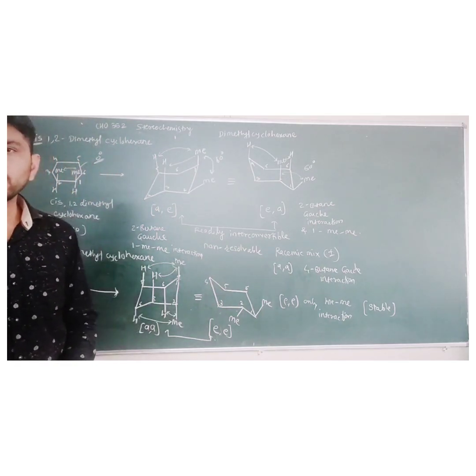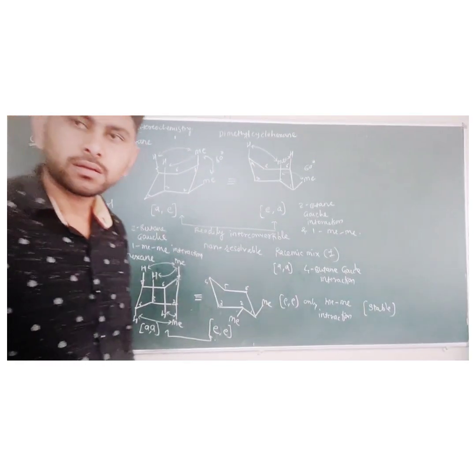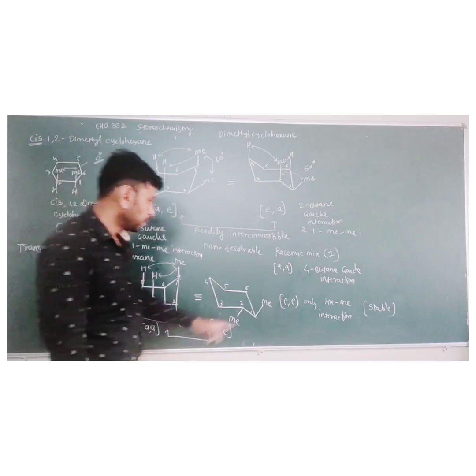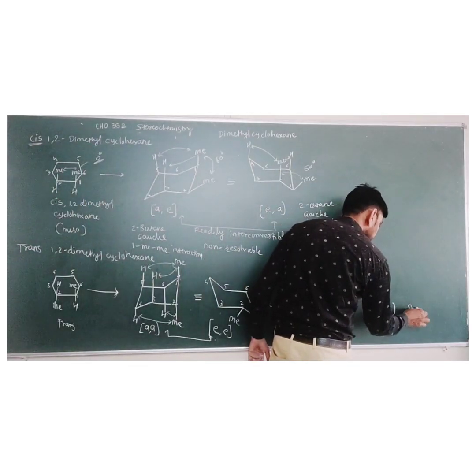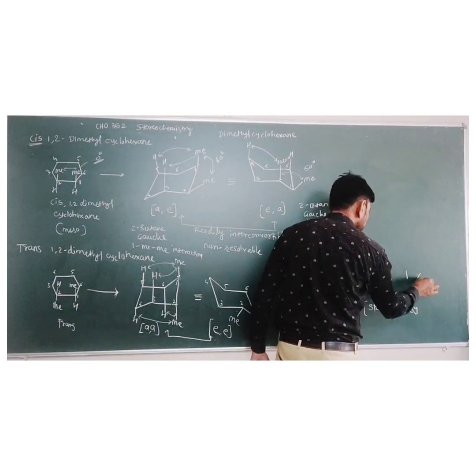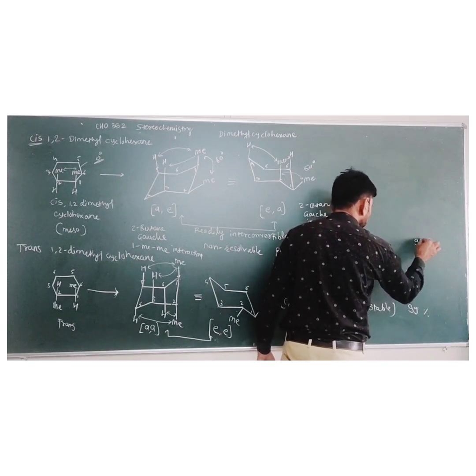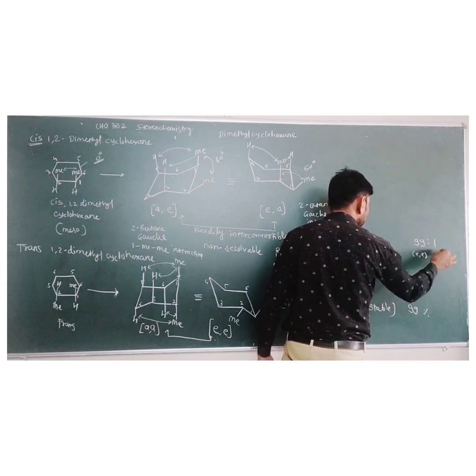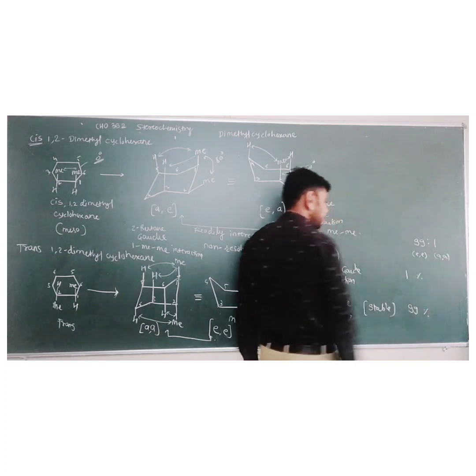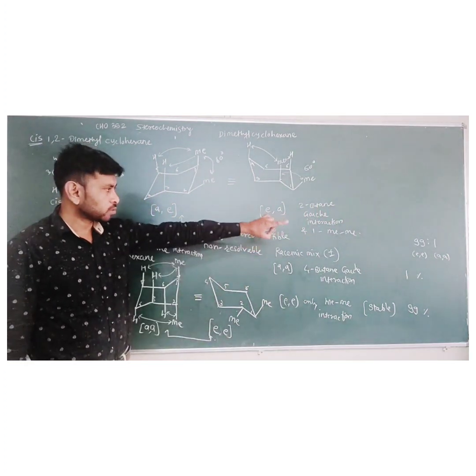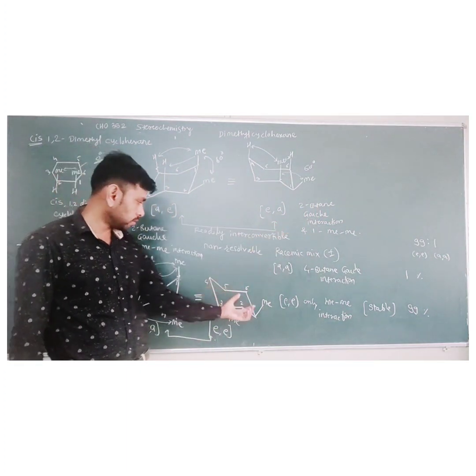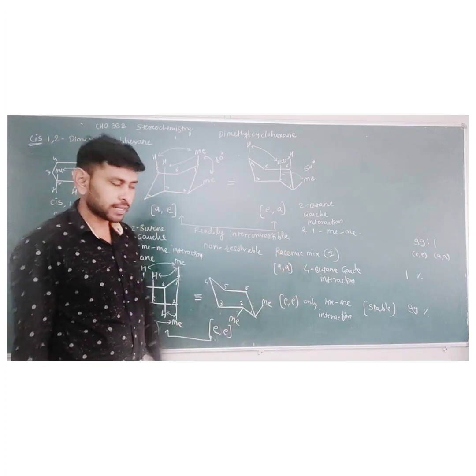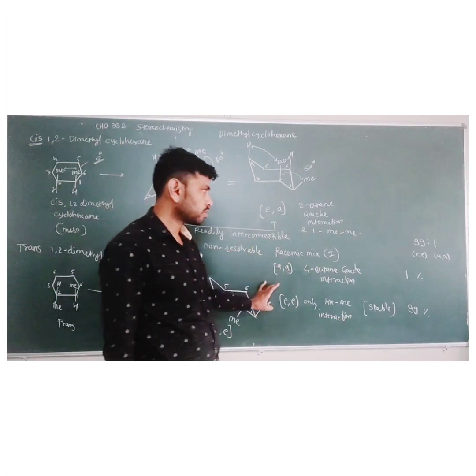Okay, so if we see the percentage of both of these, the equatorial form is present 99% and the axial only 1%. So the ratio of occurrence is 99:1 for equatorial and axial conformations. So we obtain a large amount of equatorial because of its stability, with fewer interactions between the groups. So this is the more stable form.